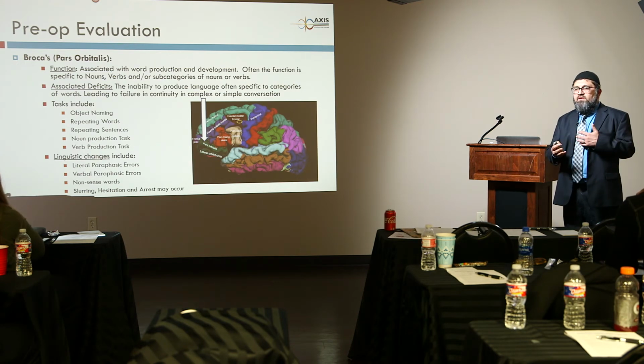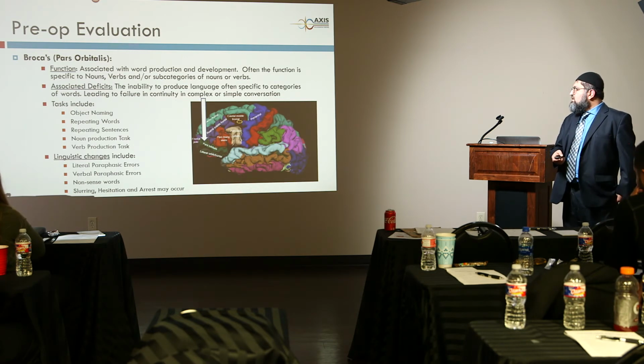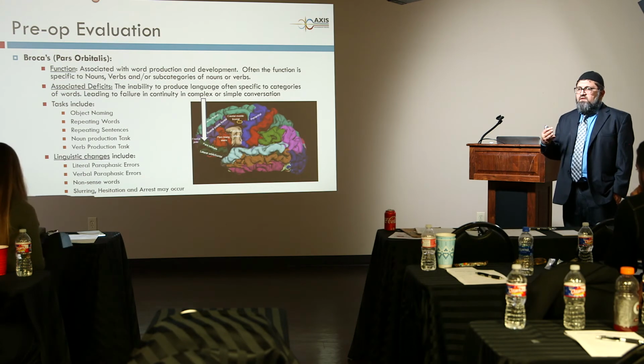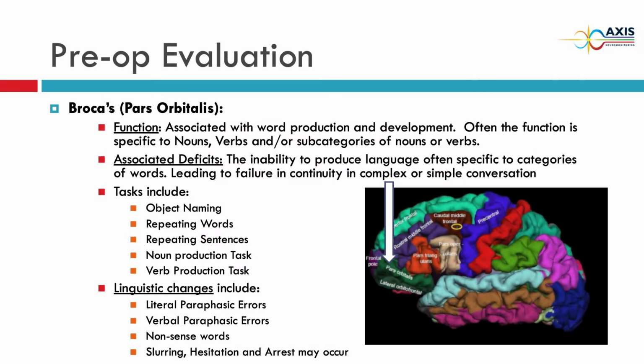If you tell them the different pizza toppings and ask them to repeat that, or show the picture and identify them. And also different nouns, like showing the pictures and identification. Ask them to repeat the words, repeat sentences, noun production and verb production. The car is driven by, the plane is flown by, so fill in the blank, so they have an action word in that too. And if that specific area is damaged, the patient will have verbal paraphasic errors.